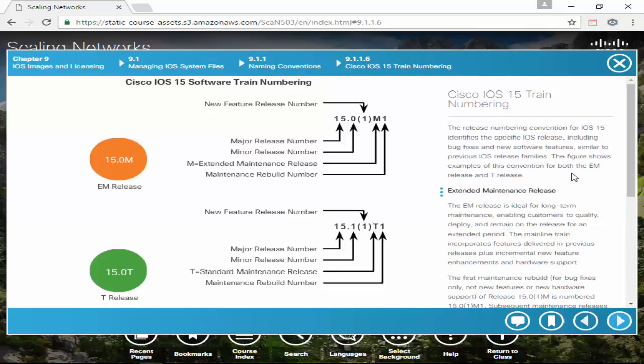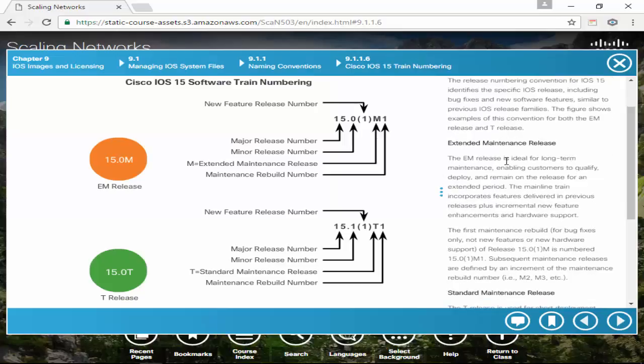The extended maintenance train means M right here. M is extended maintenance train. It's ideal for long-term maintenance, enabling customers to qualify, deploy, and remain on a release for an extended period of time. The mainline train incorporates features delivered in previous releases, plus incremental new feature enhancements and hardware support. Alright, so